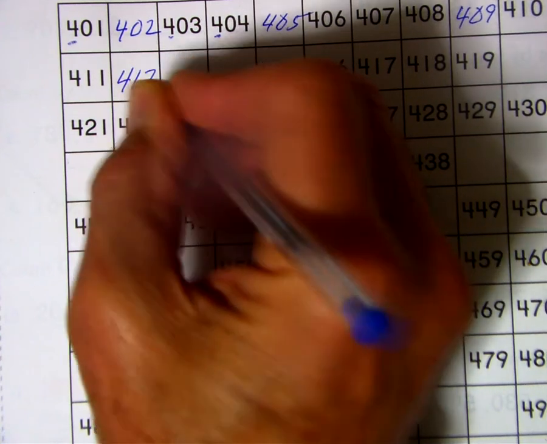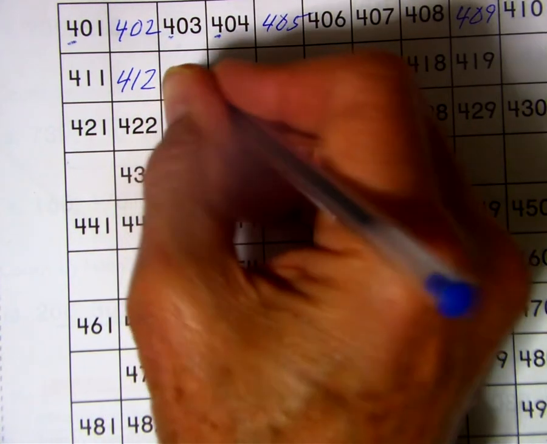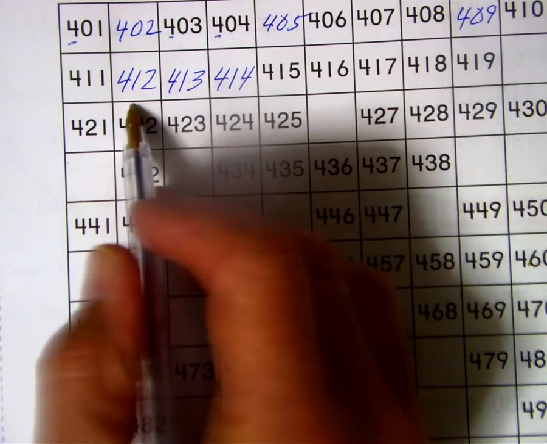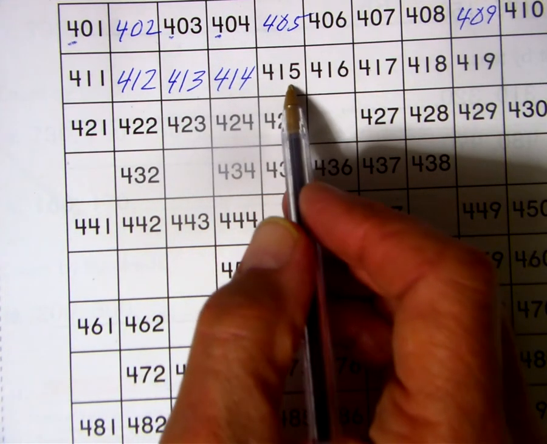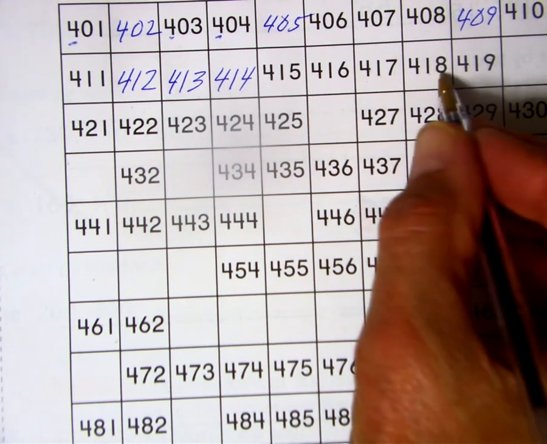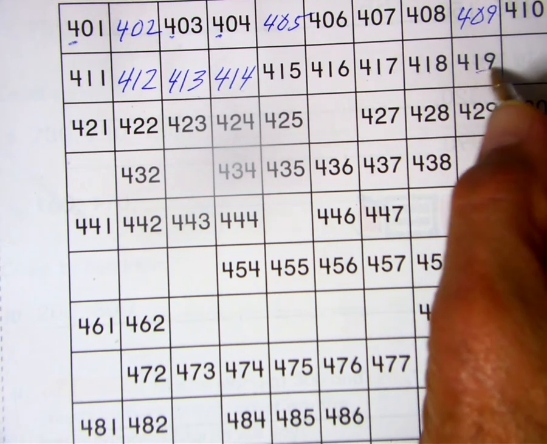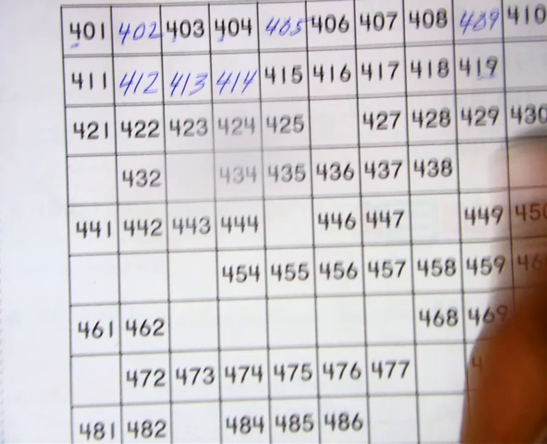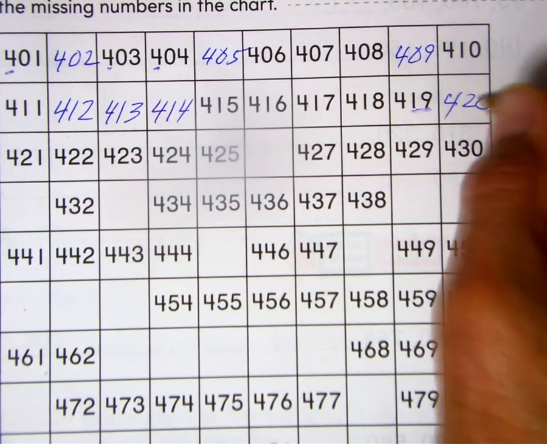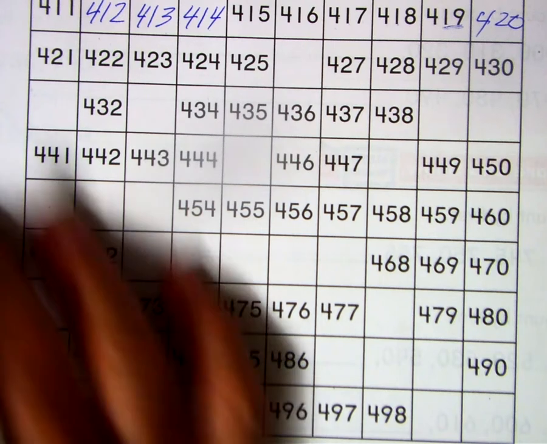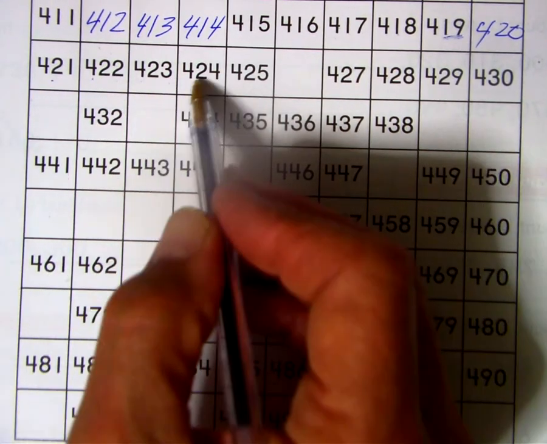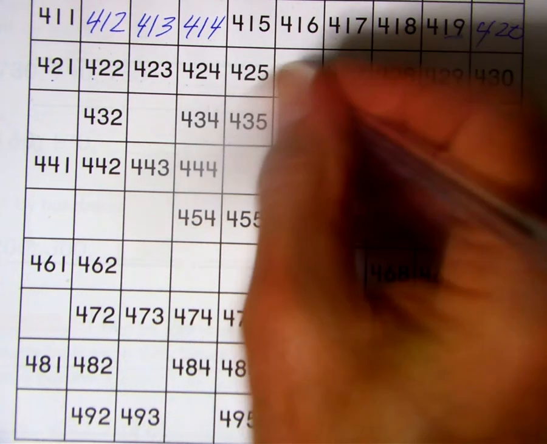412, 413, 414, 415, 416, 417, 418, 419. ¿Qué número después de 19? 20. 420. They all got a 4. That's easy. 421, 422, 423, 424, 425,